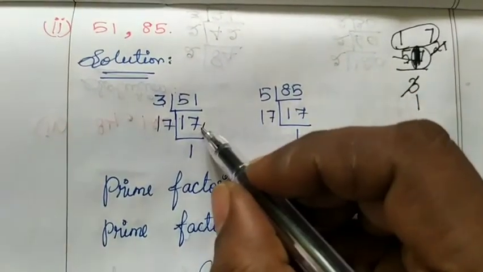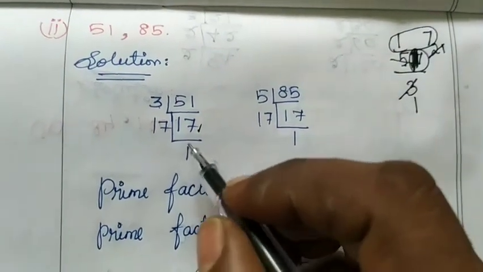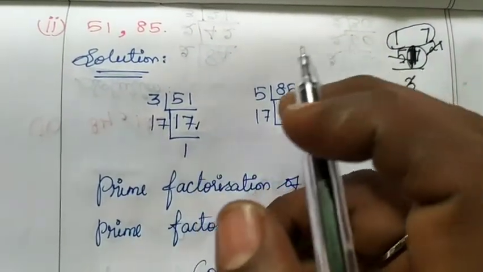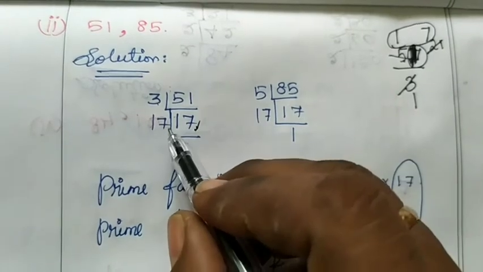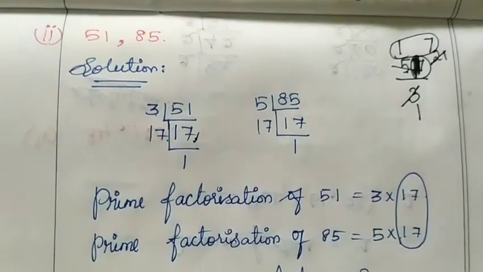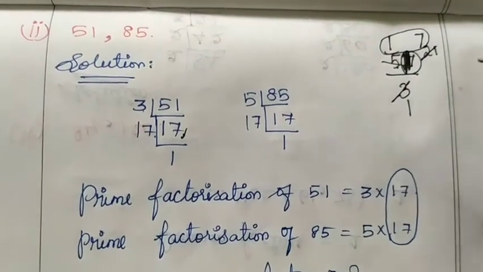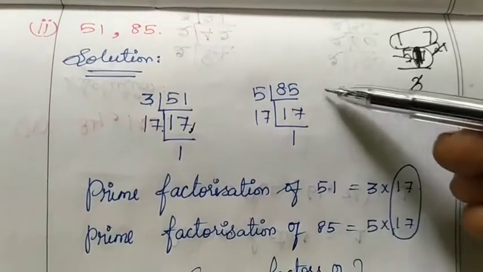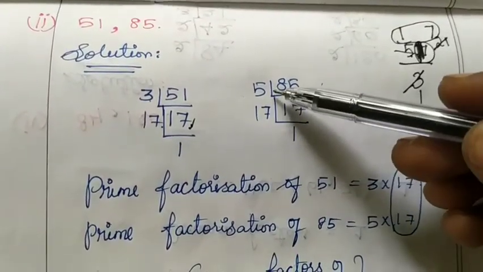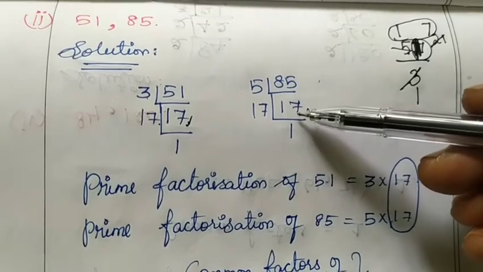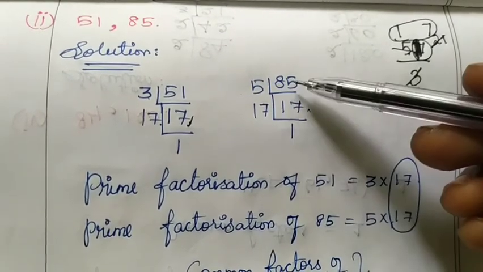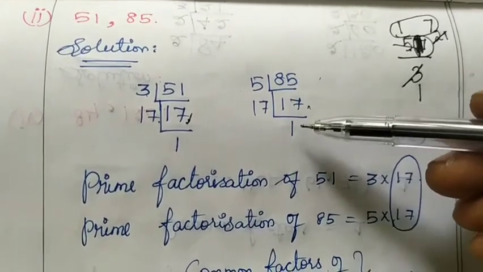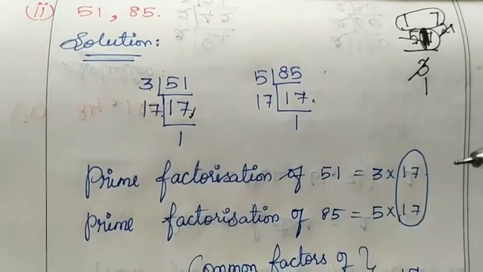Can you understand this? So next, 1 17 is 17. The 17 is a prime number, so it comes in the 17th table. Go to the next number, 85. 85 comes in the 5th table, so again this number also comes 17 times. 17 into 5 we get the number 85. So next, 1 17 is 17.